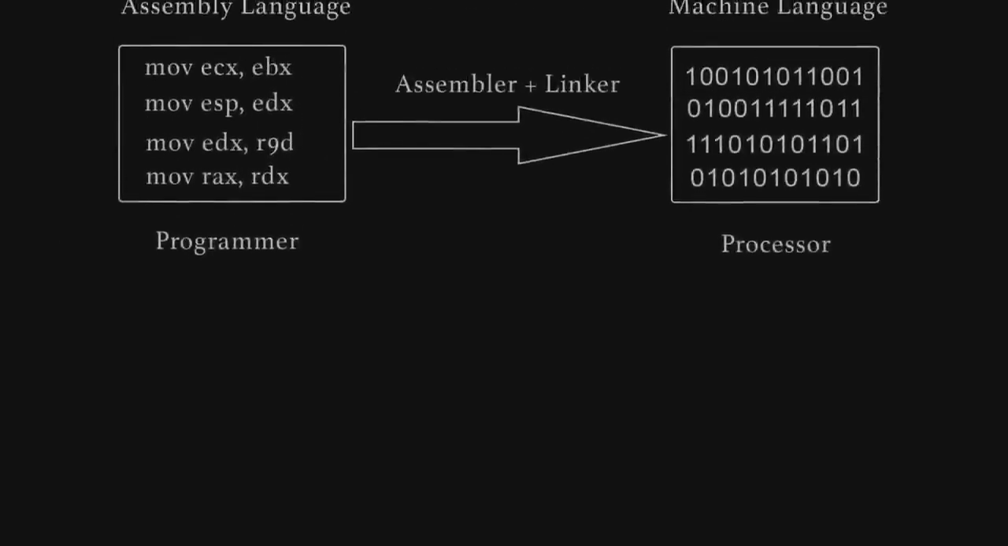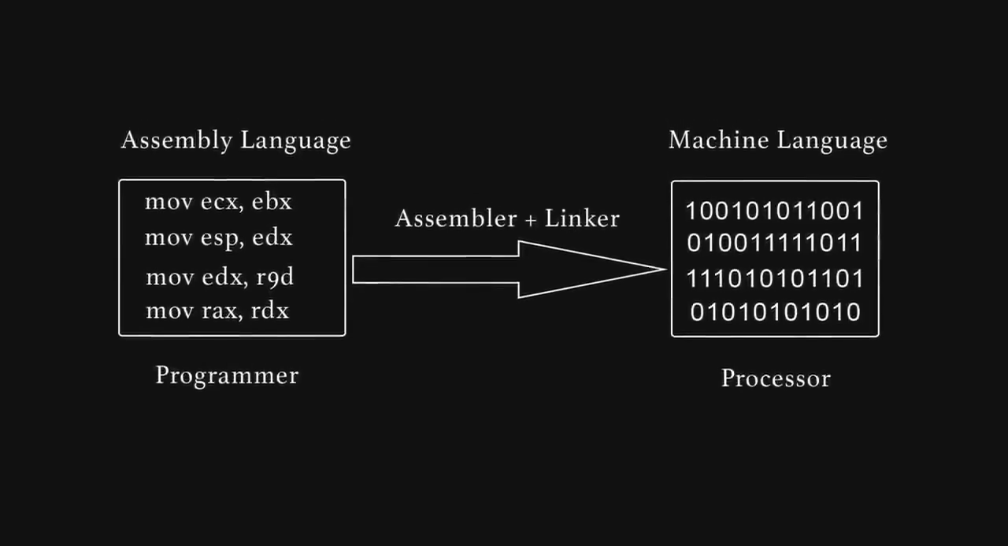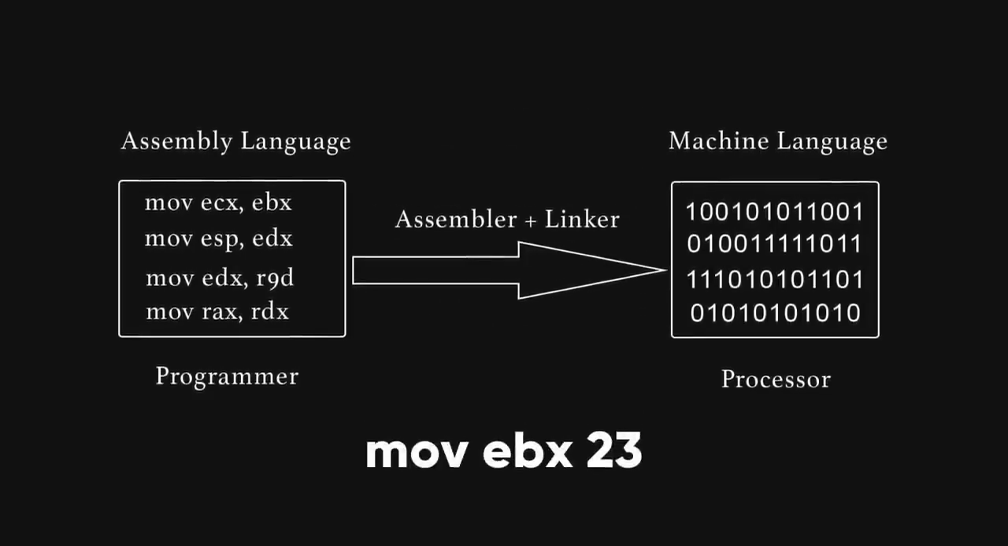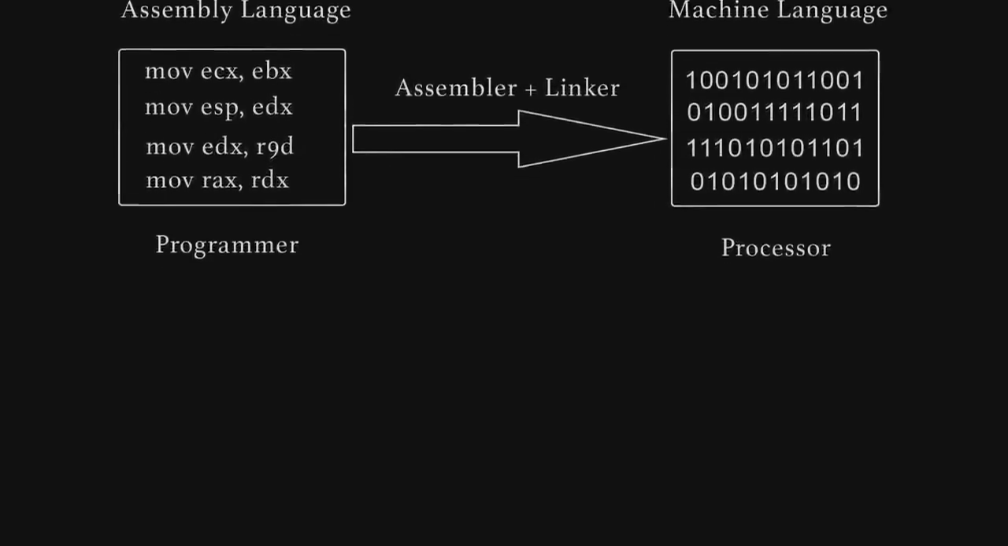Now, this machine code can be displayed in assembly language, which is basically machine code with a slightly better outfit. It's still pretty close to the hardware, so instead of high-level commands, you get to deal with cryptic instructions like move EBX, 23, which is just a fancy way of telling the computer to put the number 23 in the EBX